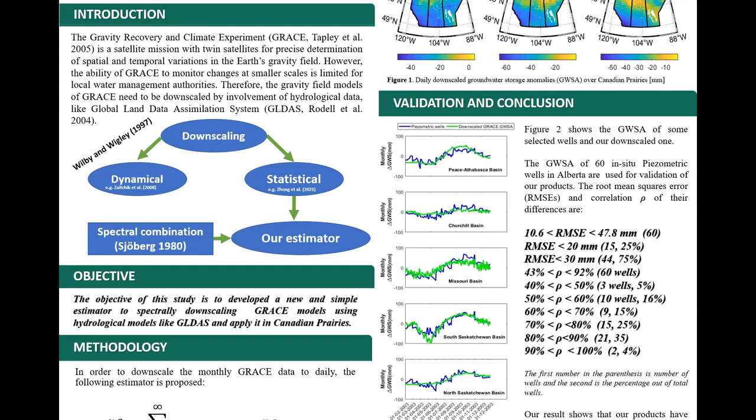And for adding high frequencies, high frequency data are needed. For downscaling, two methods are available. Dynamic methods, for which you have to use some theories about the water movement and many other things that I'm not going to go into details about, and statistical methods, which try to merge different types of data and combine them. One problem that we observe in downscaling is this lack of attention to the frequency